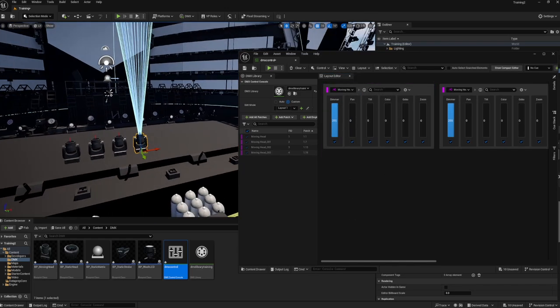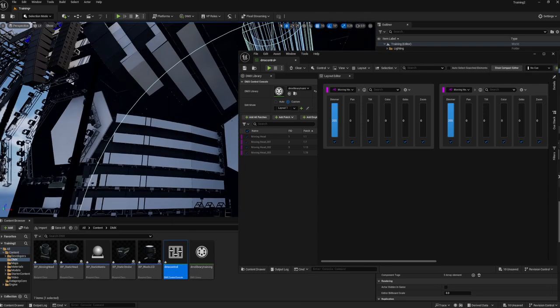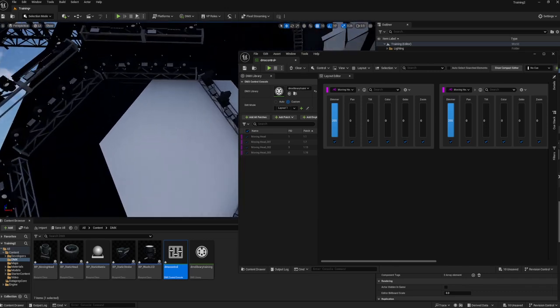One way to do it is actually in your addressing. If you want to just put out a visualization which is not going to be the same as the show, for instance, most shows will have all of the lights individually DMX addressed. In Unreal, instead of doing all of them individually, especially for large projects like this,